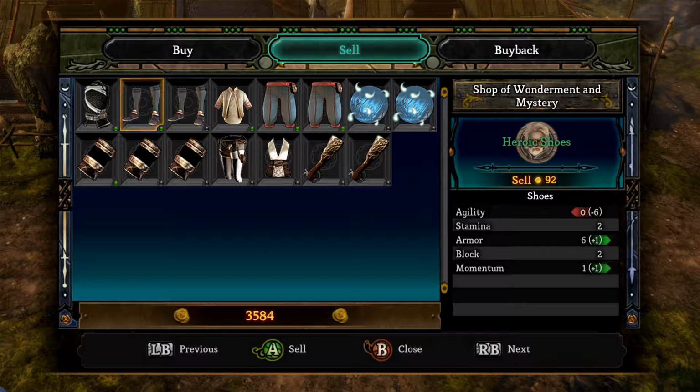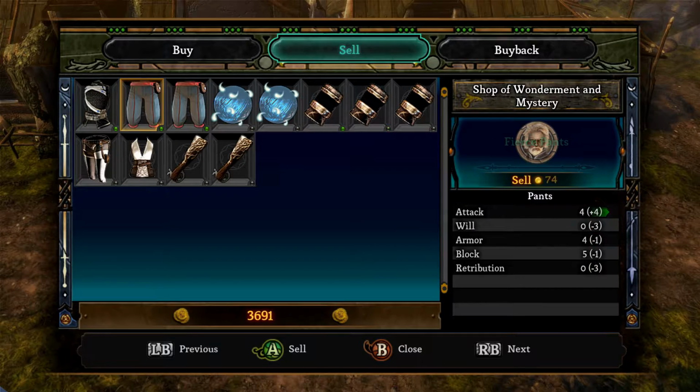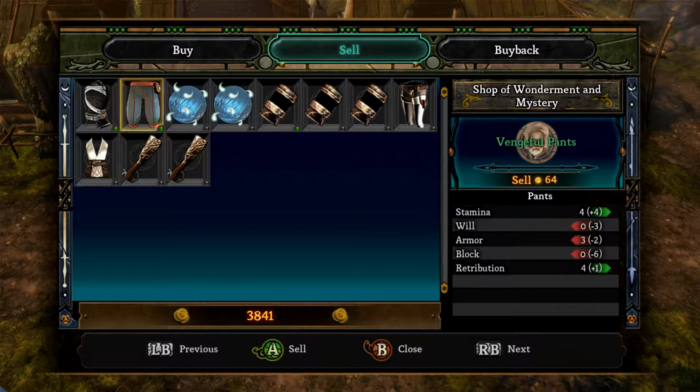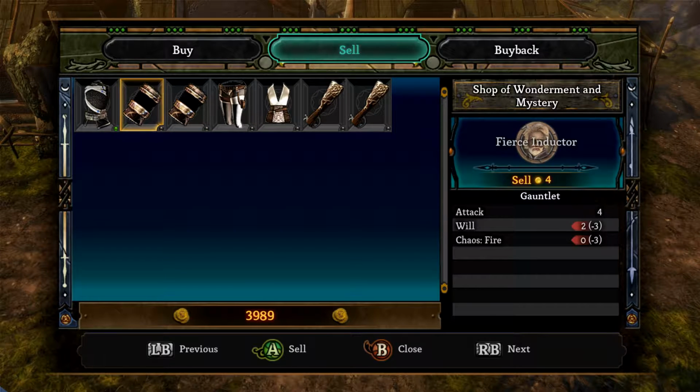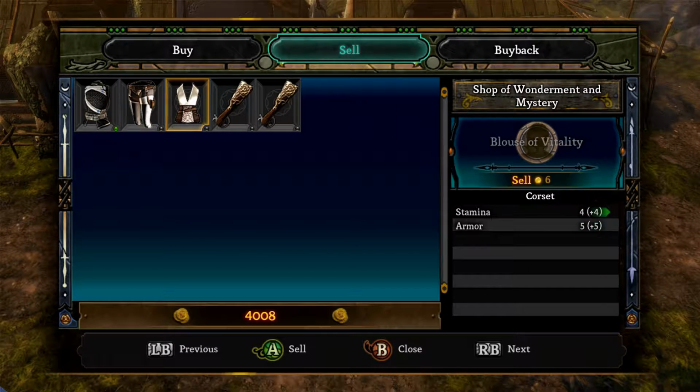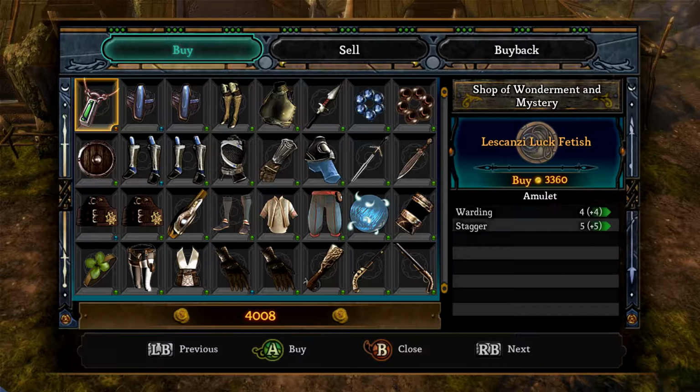I'm just going to sell everything that's not equipped, basically, because I should have equipped all the best stuff. And, well, I'm not going to sell people's stuff that I haven't met. Right, so...